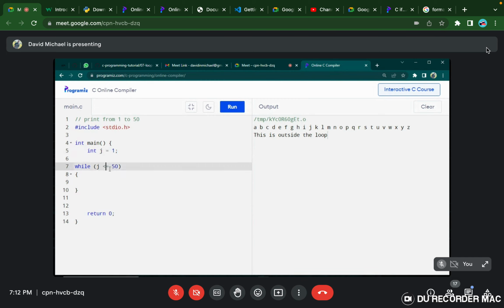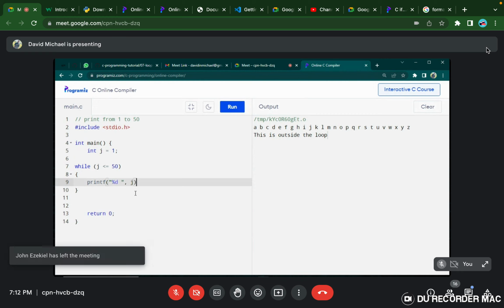So while J is less or equals to 50, what should happen? I want to print J, print F modulo D, with a space. So this statement comes in: is J less than or equals to 50? J is 1. Of course, it's less than 50. So it will